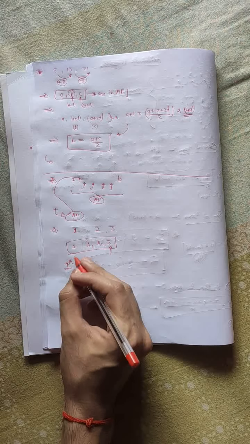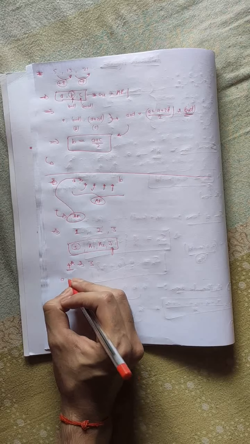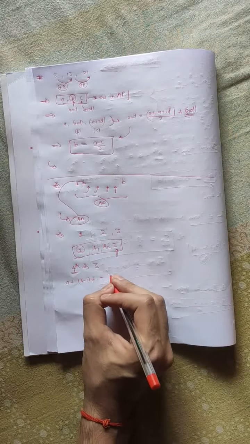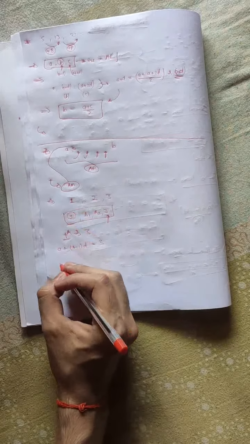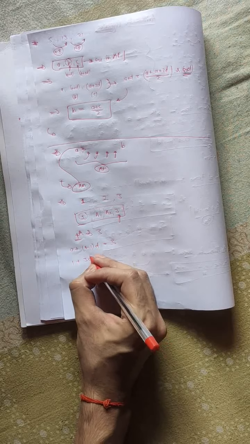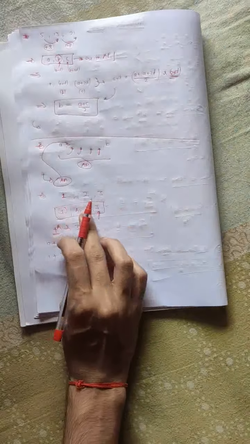What should be the fourth term according to the AP? This would be A plus (4 minus 1) D, which is equal to 3. Now what is A? This is 1, so 1 plus (4 minus 1) D would be 3. D we need to know so that we could form the AP. We don't have the common difference.